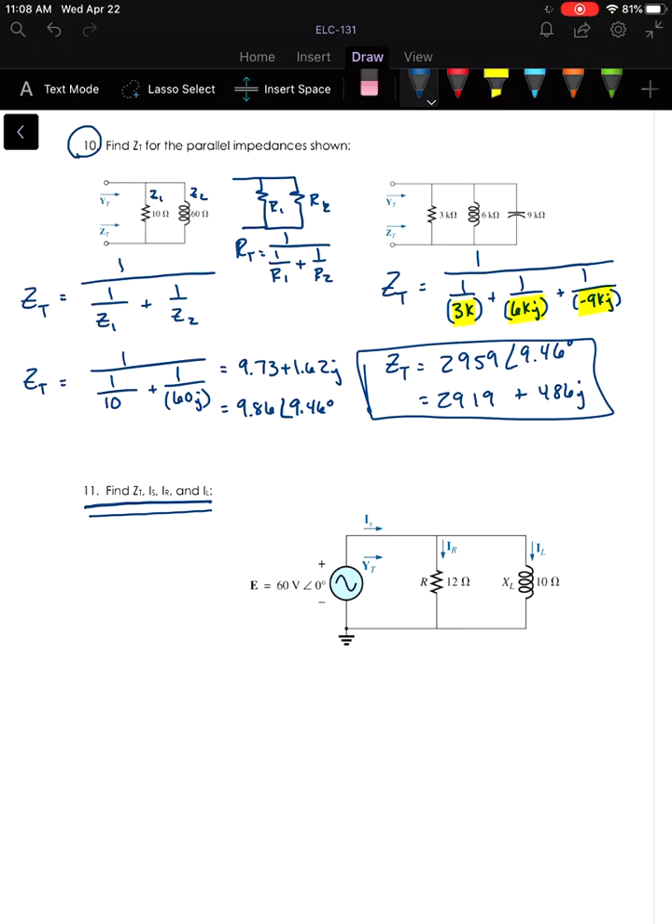So let's look at actually working through a parallel problem. Now I'm going to find the ZT just like we started out before. So we've got 1 over 12 plus 1 over 10J. Again, if you're having some trouble finding the impedance of these components, go back and look at that again. In polar form, that would be 7.68 at 50.19 degrees. Or in rectangular form,